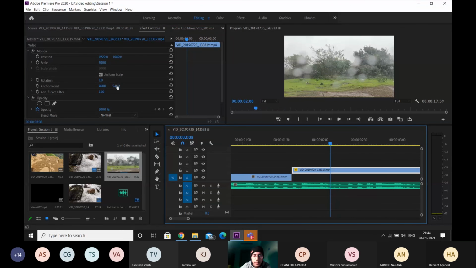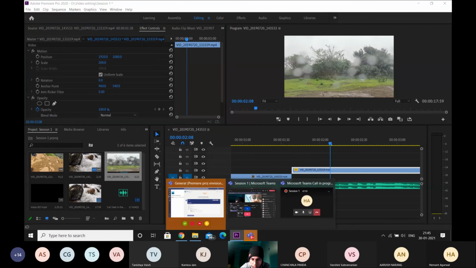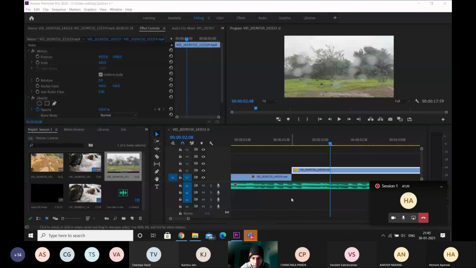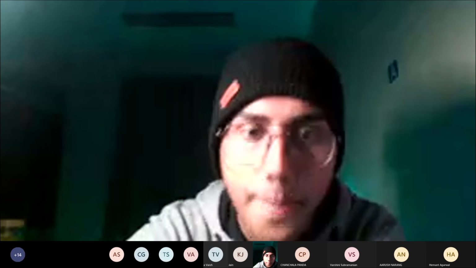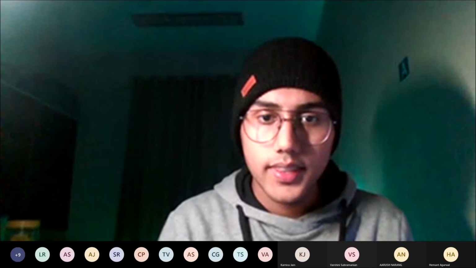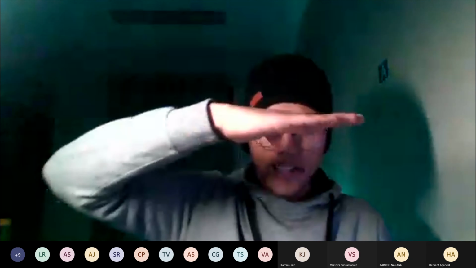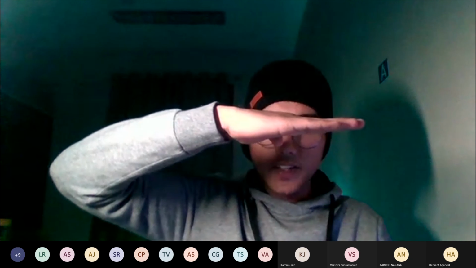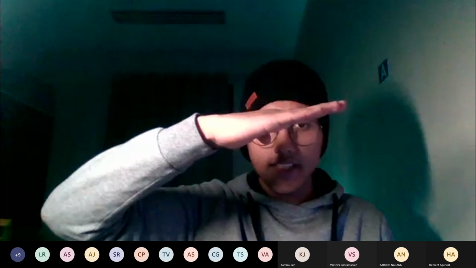Let's do rotation as well, by the way, because it's simple. Rotation is just at what angle the video clip is. Let's say this is my hand. If I set it at 1 degree, it increases like this.